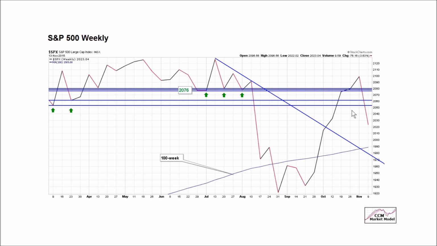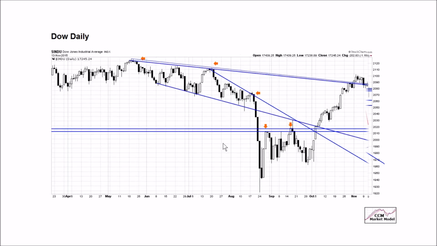We still are learning something from all of these charts. We learn something from a breakout that succeeds. We also learn something from a breakout that fails. Unfortunately, when it fails, what we're learning leans to the bearish end of the spectrum. Dow Daily, as of the close on Friday, November 13th, bullish breakout now becomes a failed bullish breakout. We learn something when this fails. This shows heavy selling pressure on back-to-back days. This day also occurred on strong volume.